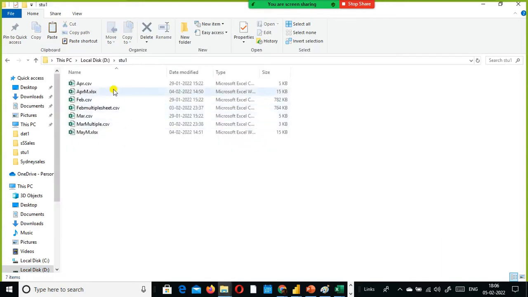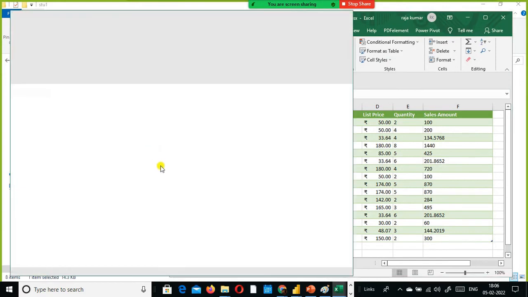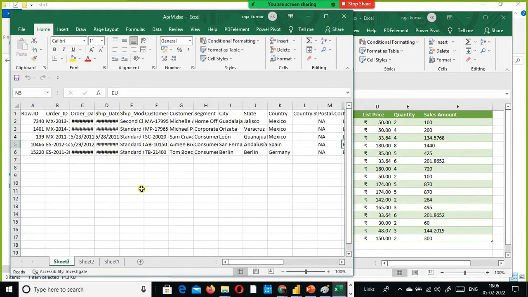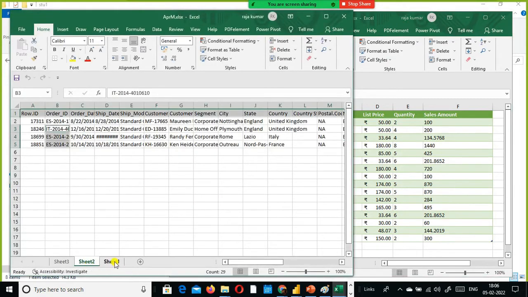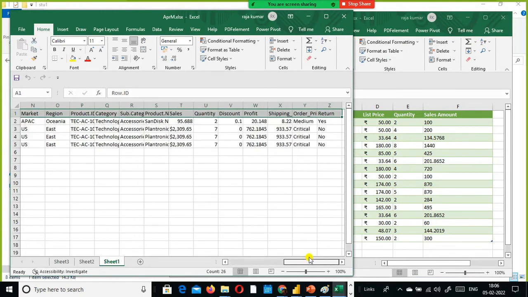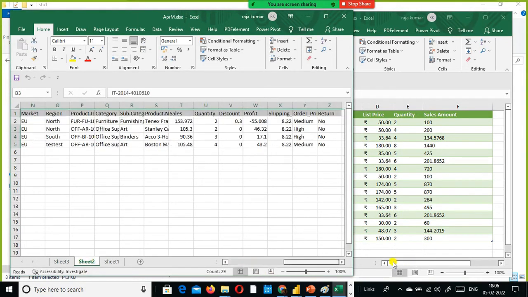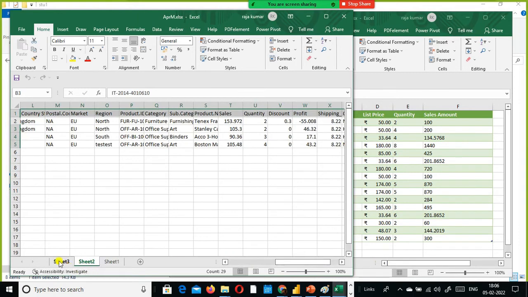Here I am going to say April month. Since we have the luxury to open it here, I just open it because the volume of the data is small. Here I intentionally put 3 sheets, and on the right side the quantity and sales everything is good.